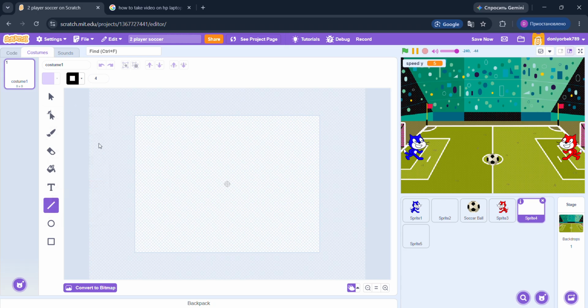Let's create a one stick. But if on there that is go there and see, no, that isn't good.